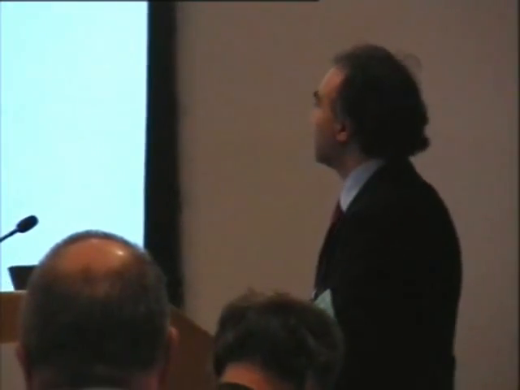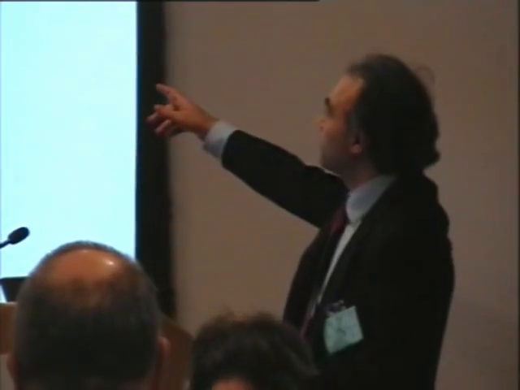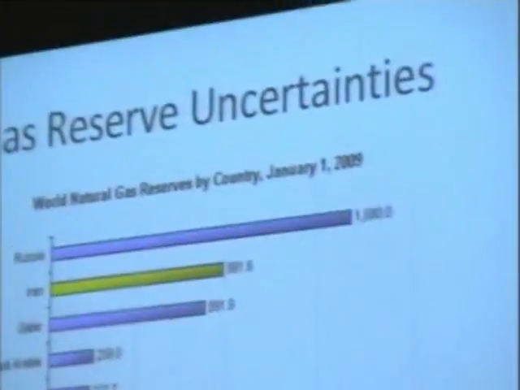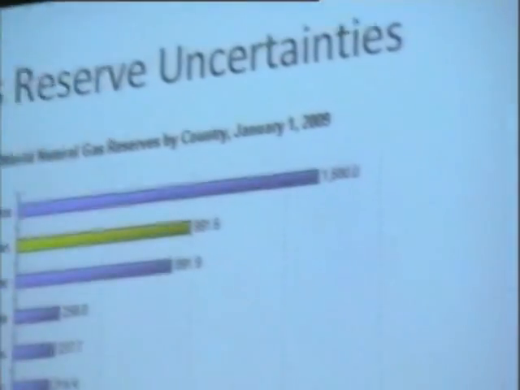With the declines potentially occurring in Russia, we're putting a lot of our eggs in the basket of receiving LNG from the Middle East, and there are some question marks around that. I don't know the exact details, but there is a great deal of anecdotal evidence. This is the official figures of reserves for Iran and Qatar. Just beyond Russia, you can see just the huge size of Russia. And below, Iran and Qatar together are bigger.